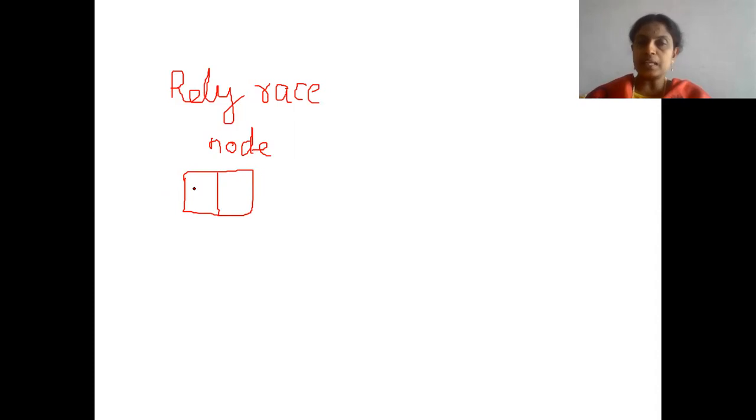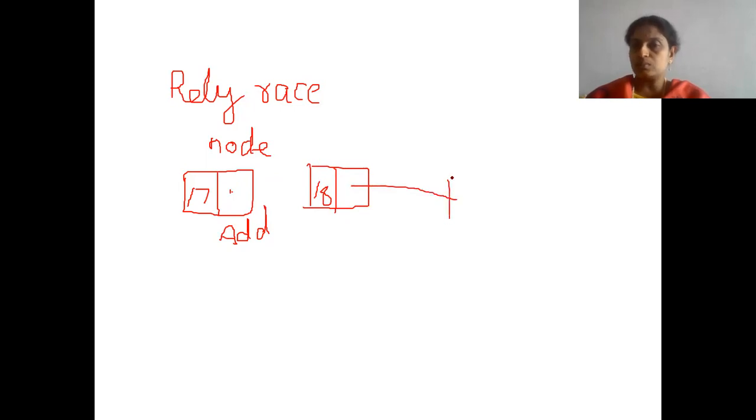In one place, data will be there. Data means some value, 17, 14, some information. And the second part, the address of the next node, will be there. So when you are in the first node, you know the address of the second node and you can go to the second node. When you are in the second node, also the same information: the second node will have the address of the third node. When you go to the third node, it will have the address of the fourth node.